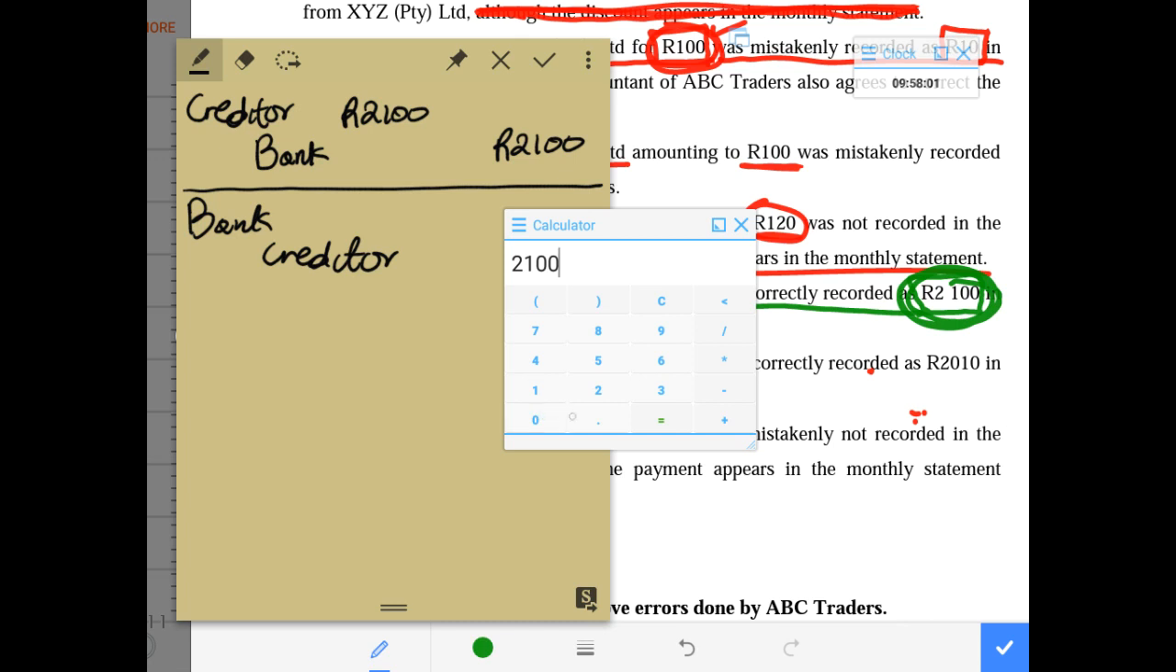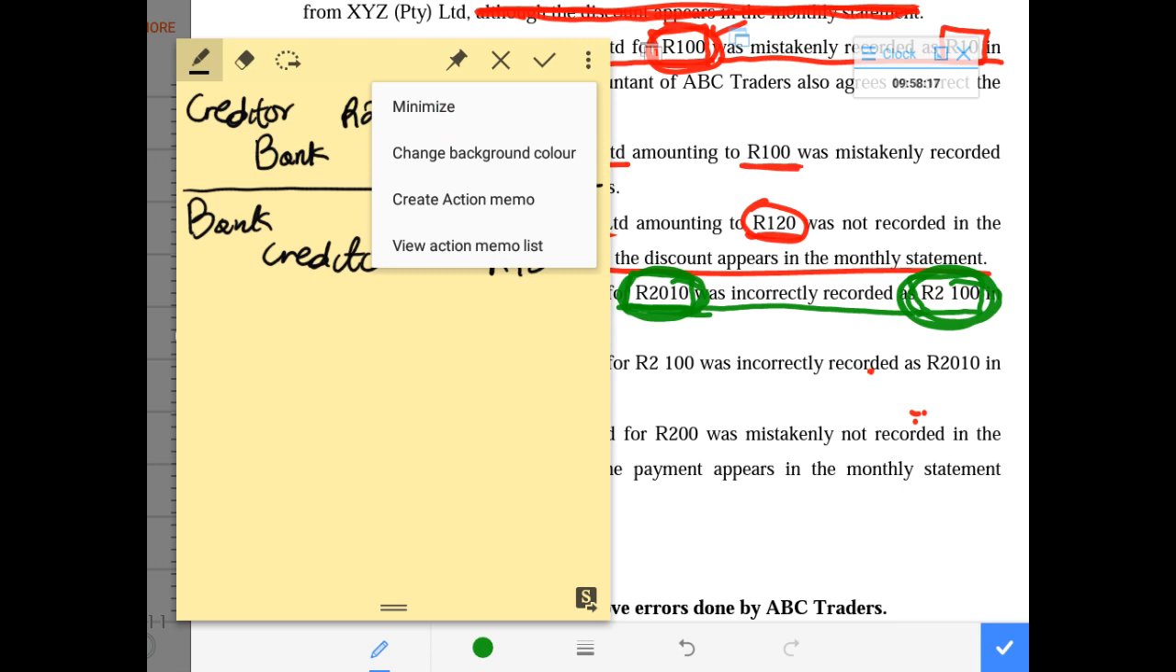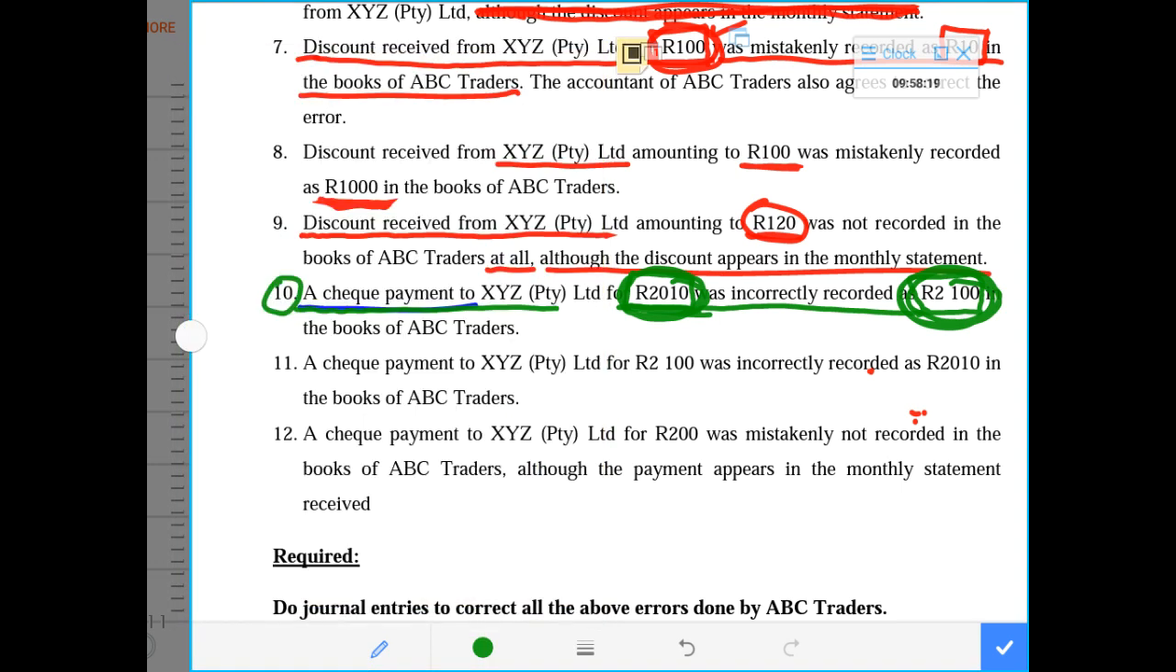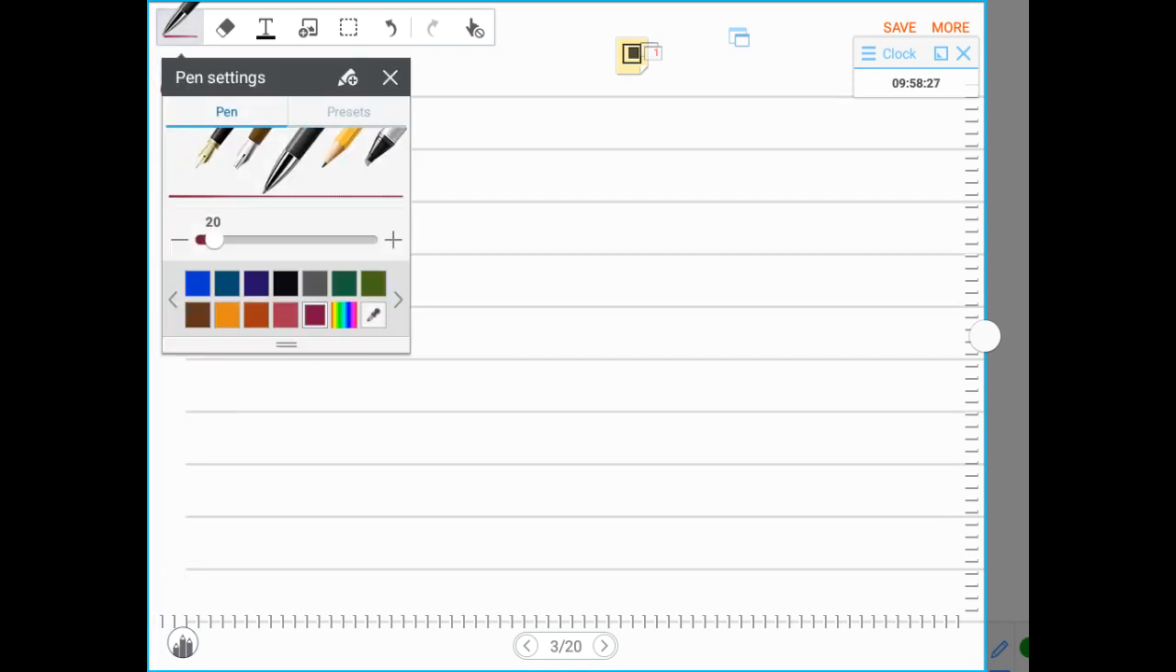It is 2,100 minus 2,010, meaning the amount that needs to be adjusted is only 90 rand. We only need to adjust 90 rand. So now this is the right entry, this is the incorrect entry that they recorded in terms of figures. So now let us go and correct the entry, which is number 10, and under number 10 we say debit